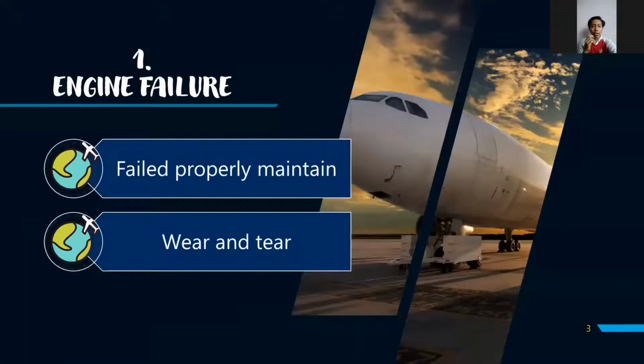First and foremost, one of the most common ways aircraft damage occurs is through engine failure. This means something goes wrong with the aircraft engines, causing the pilot to lose control and the altitude to start to drop drastically as the plane or helicopter can no longer fly properly. Engine failure can result from a number of different things, such as a failure to properly maintain, manufacturing error, wear and tear, even a design flaw, and more. Inspections are imperative to ensuring aircraft are safe before even taking off for a flight.